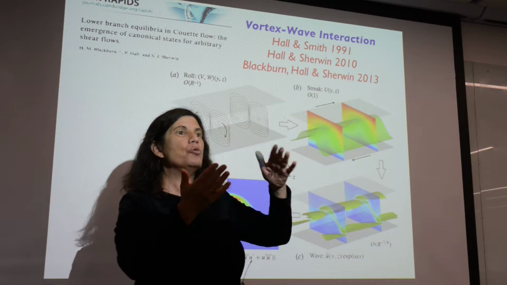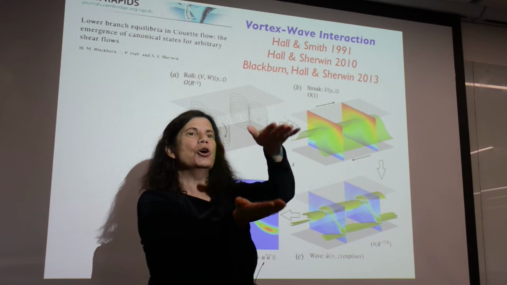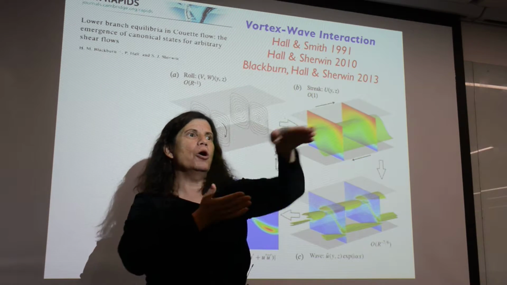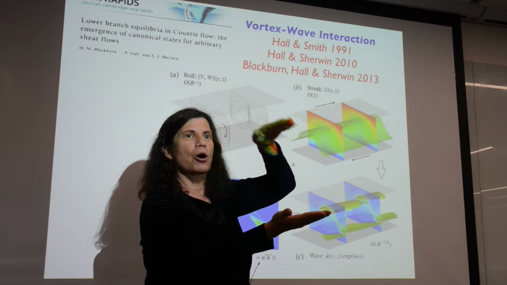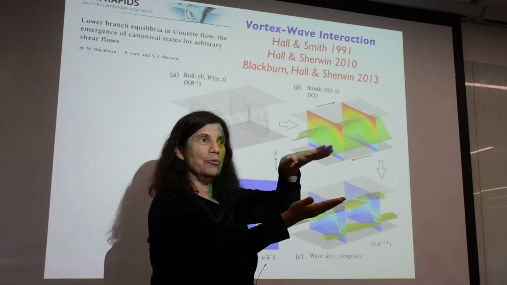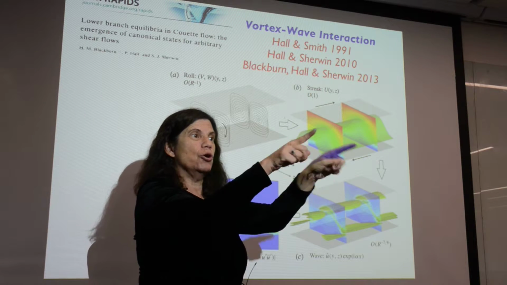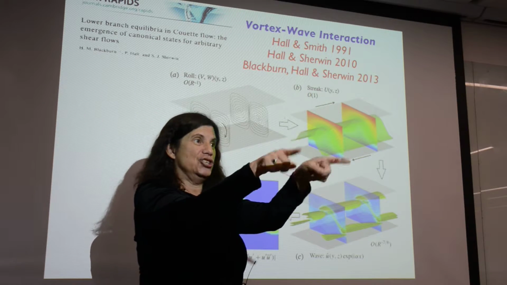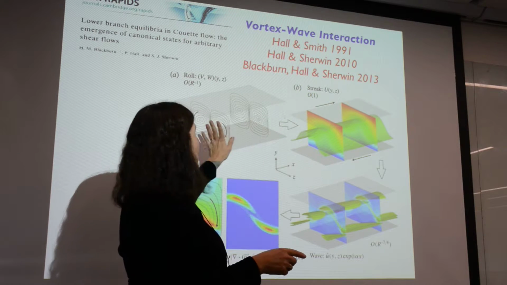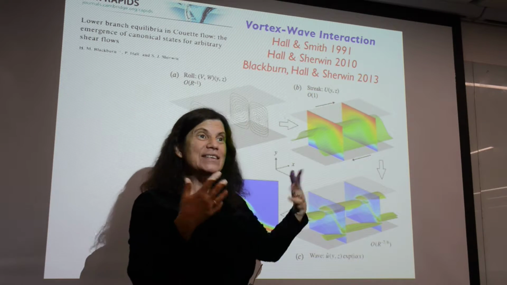Think how many times we looked, in these last days in class, at something not where there were walls that were moving, but just a hot wall and a cold wall. And we said that what happens is convection, and we drew the simplest kind of convection, which was rolls like this. How many times did I make this gesture of these rolls? Now this is not convection, that's not what's happening, but this is the same solution.